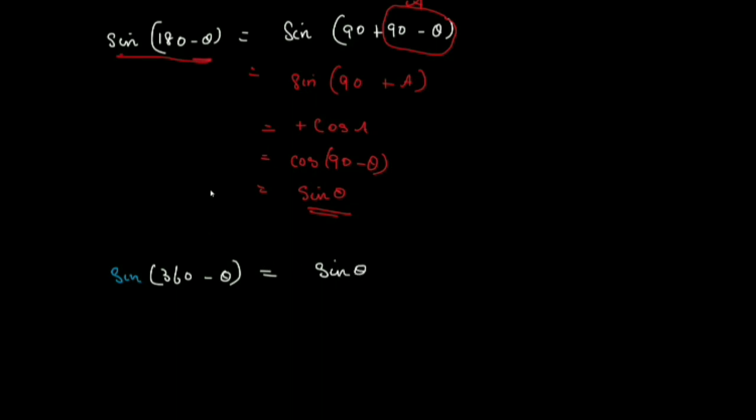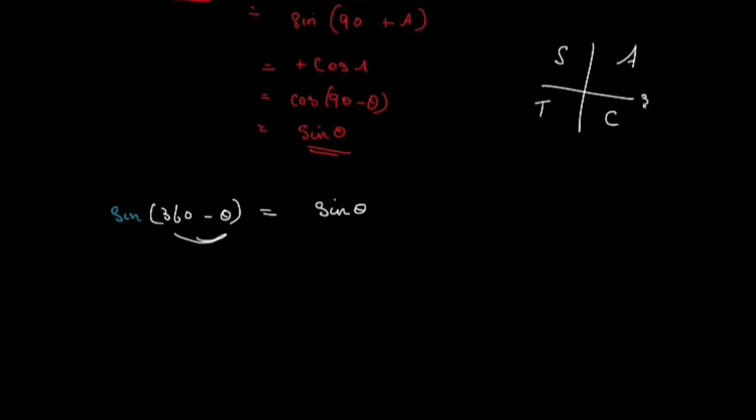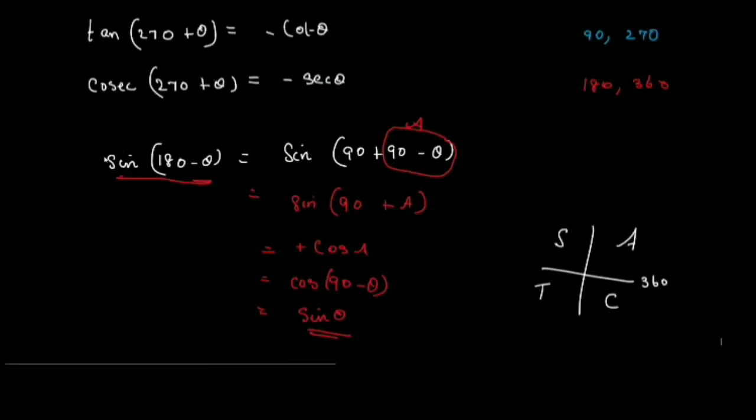So it is easy if you write in terms of 180 and 360 because you are not going to change the ratio. Now you have to see where is 360 minus theta. Which quadrant is 360 minus theta? Fourth quadrant. This is 360. So minus theta will be in the fourth quadrant. Which is positive there? Cos. So sign should be negative. So when you write in terms of 180 and 360, you should not change the ratio. Sine will remain as sine itself. Cos will remain as cos.